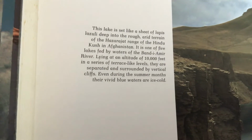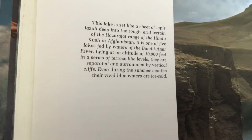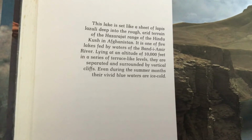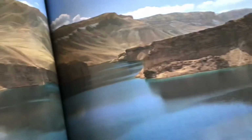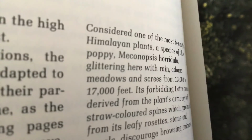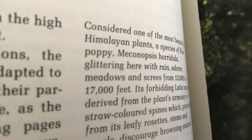Lying at an altitude of 10,000 feet in a series of terrace-like levels, they are separated and surrounded by vertical cliffs. Even during the summer months, their vivid blue waters are ice cold. I'd be freezing to death if I got in this water right here. Considered one of the most beautiful Himalayan plants, a species of blue poppy, Meconopsis horridula,